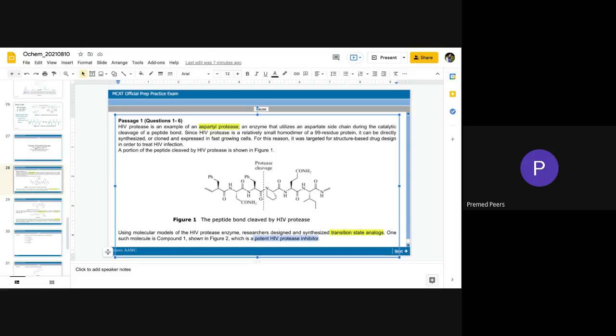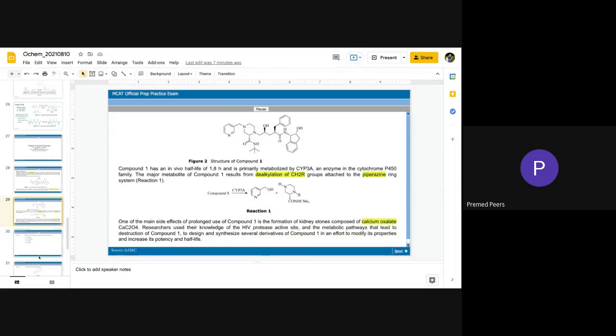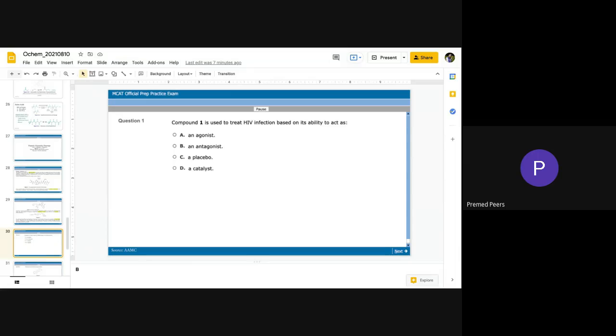That means that it is counteracting what HIV protease is trying to do, which is to cleave the peptide bond. So when something is acting against its intended action, that leads us to the answer B,